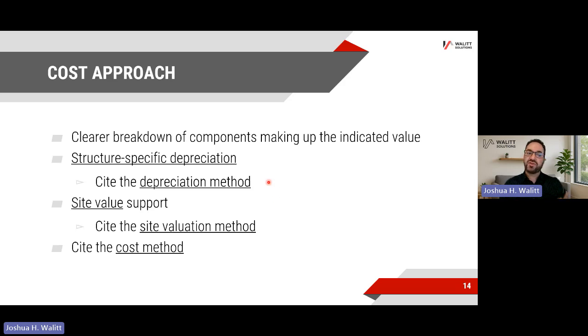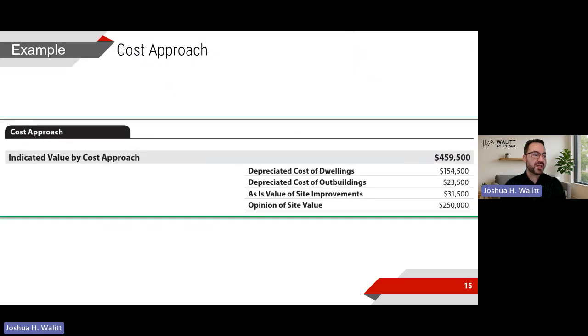We do cite the depreciation method. We do cite the site valuation method, and we will cite the cost method. And there's a section for support of your site value opinion, more than just the three lines that we have now.